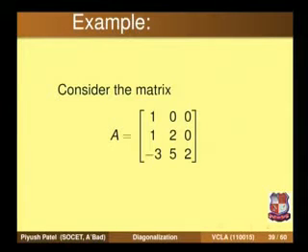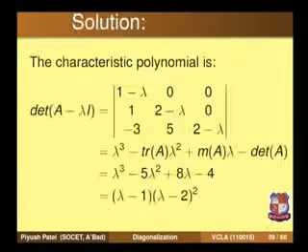So here observe that in fact you can easily find out the eigenvalues. What are the eigenvalues? Because the matrix is a triangular matrix, a lower triangular matrix, the eigenvalues of such a matrix are the entries on the main diagonal. So here the eigenvalues are 1, 2 and 2, or by the other method you can find out the eigenvalues.